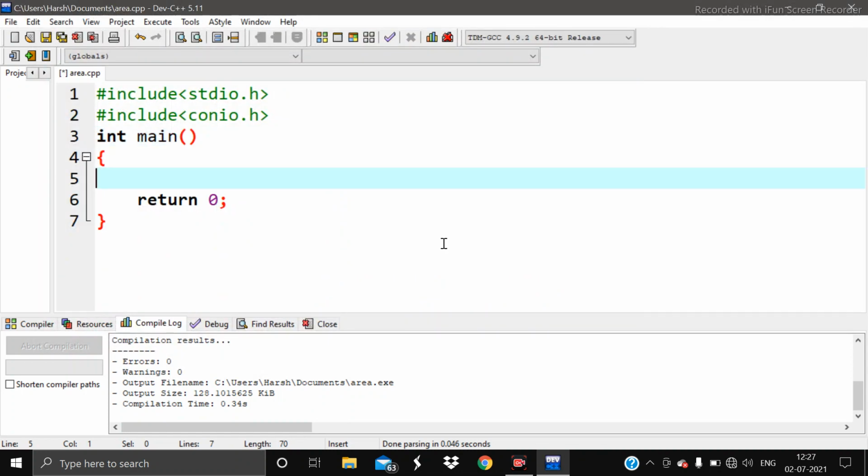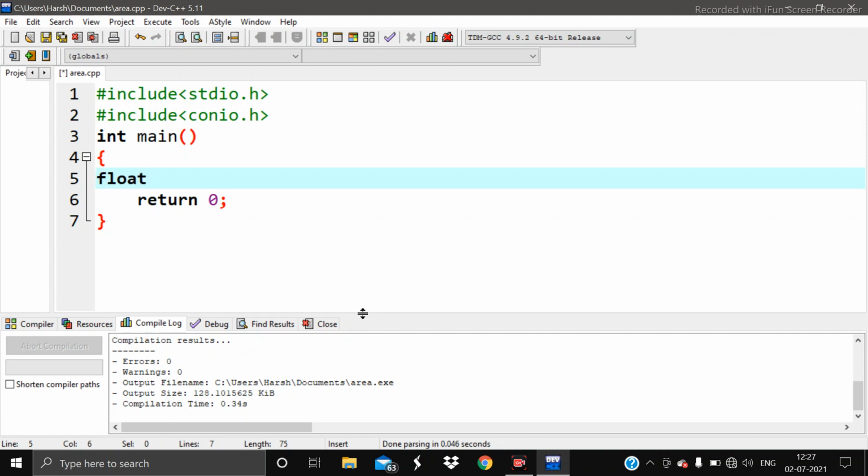Now the other question is to write a program to convert a floating point number into an integer. So we have to enter the number from the user using float data type, and we have to convert it into int data type. That is, we have to convert it into an integer. So let's start with the main. This is the syntax, and let's start with the main code.